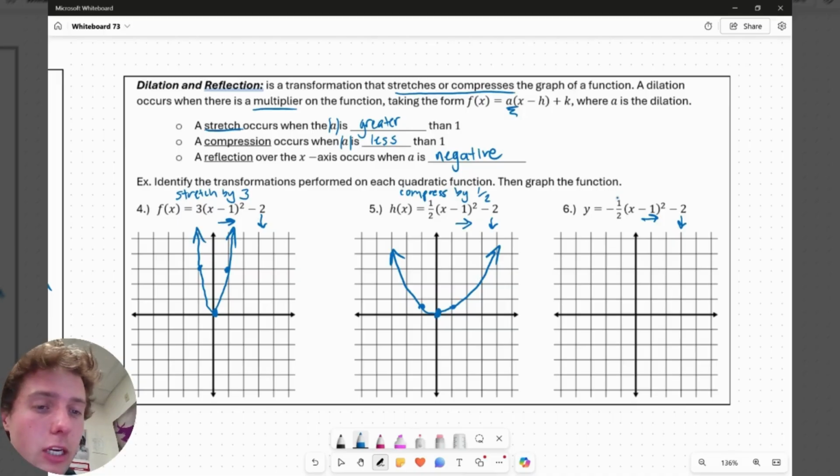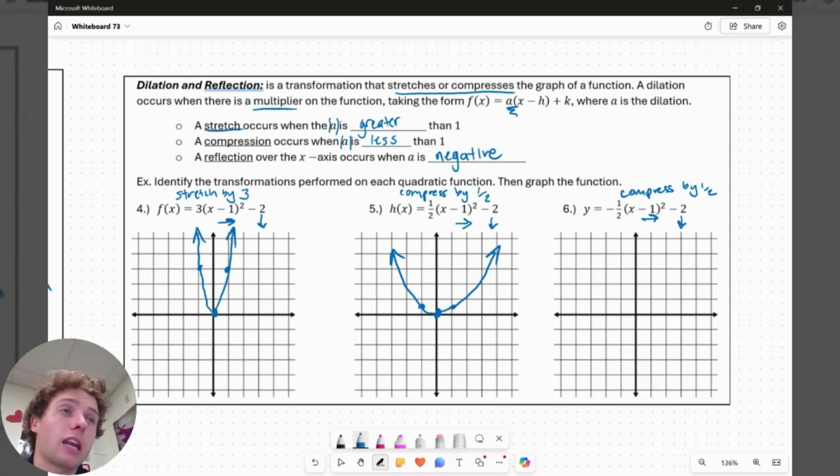Looking at number 6, I notice the 1/2. So I notice it's still being compressed. It doesn't matter that it's negative. It's still a value of 1/2. That is a compression. If it was -3, it would still be a stretch. The negative controls a different part. If it is a negative value in front, if it is a negative dilation, what that does is it reflects